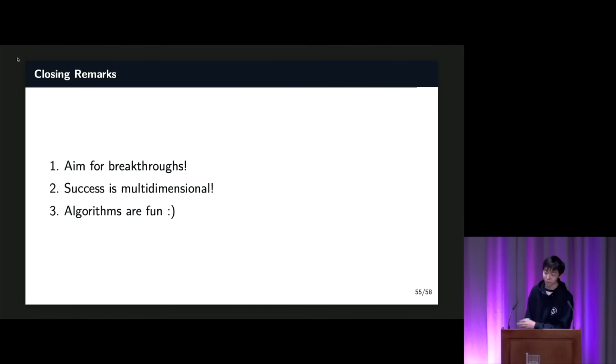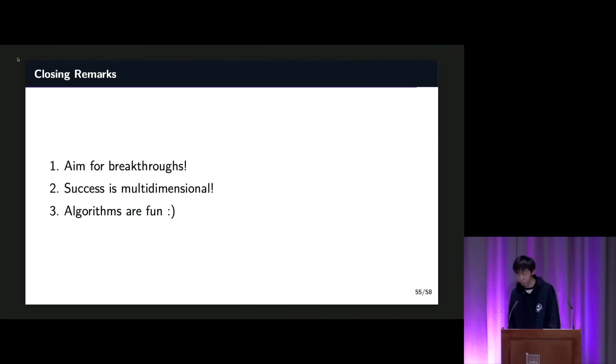Firstly, the importance of seeking breakthroughs. For decades, Dijkstra's algorithm felt almost undeniable to be the standard solution for shortest paths. Yet this paper managed to challenge that assumption and push the boundary forward. In life, we often choose to satisfice rather than to aim high. But I really admire the authors of this paper who went the extra mile and actively sought breakthroughs, both in the field of algorithms and in their careers as computer scientists. I think it is an amazing mindset to aim for breakthroughs rather than simply satisficing, at least in some aspects of life.